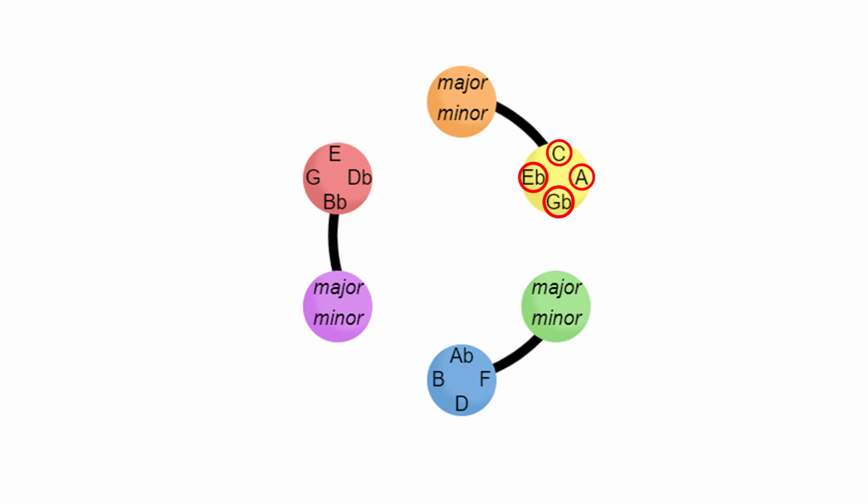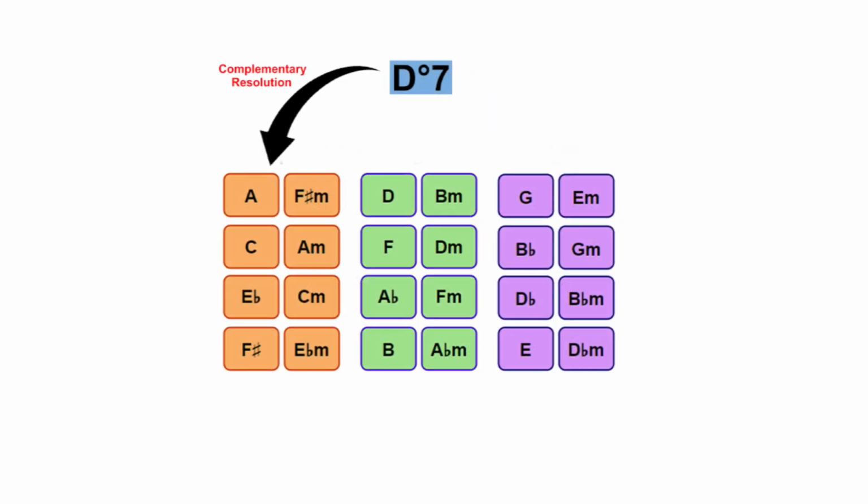Diminished and half-diminished chords can resolve to the secondary color in three different ways. The so-called complementary resolution, which is the strongest, the syntonic resolution, and the gamma resolution, the weakest of all three. In our chart of pillars, the complementary resolution should be represented by going from any diminished chord to the left column, the syntonic resolution by going to the right, and the common one, where the diminished chord resolves to any chord in the same column.